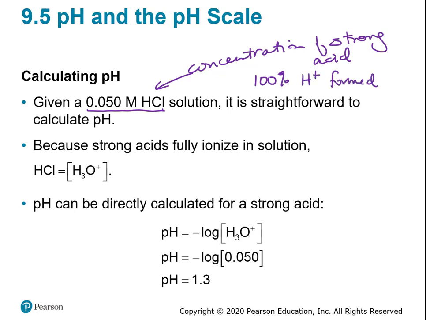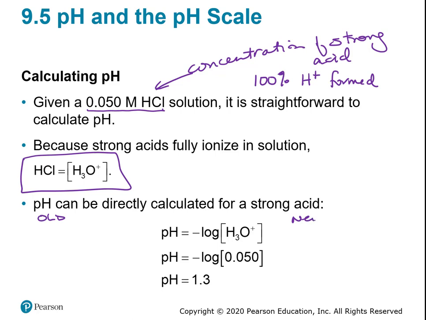So therefore, the concentration of the acid is equal to the hydrogen ion concentration. So they're exactly the same. Because HCl is strong and splits 100% into ions, the concentration of the acid is equal to the concentration of the hydrogen ions. So in doing this calculation, if you want to figure out the pH, you can do it